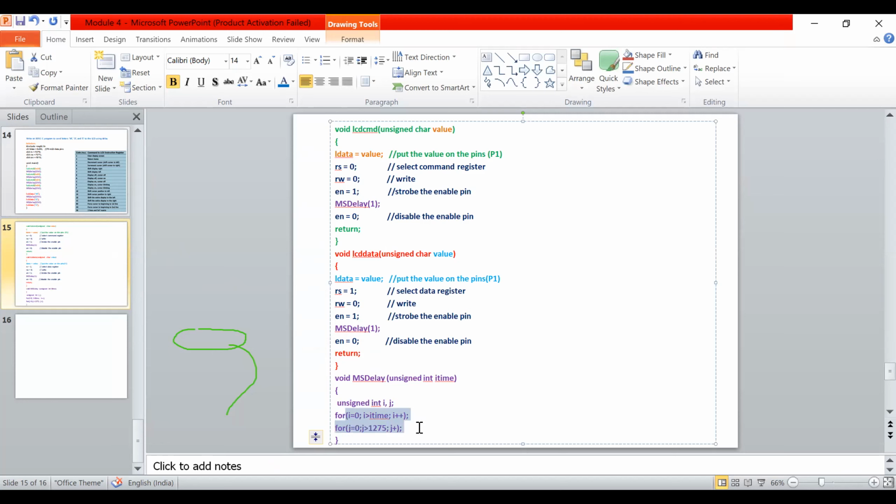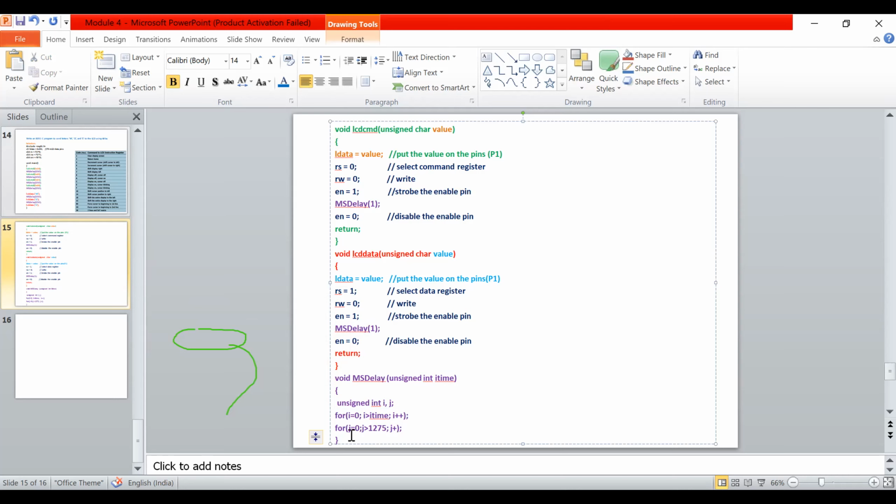If you run your delay program, you can calculate what the exact delay is, whether you are obtaining 1 millisecond or 250 milliseconds. For example, here we are passing 1 as a value. 1 is passed to this variable. Okay, int data type, 1 number, and this I time is nothing but 1.